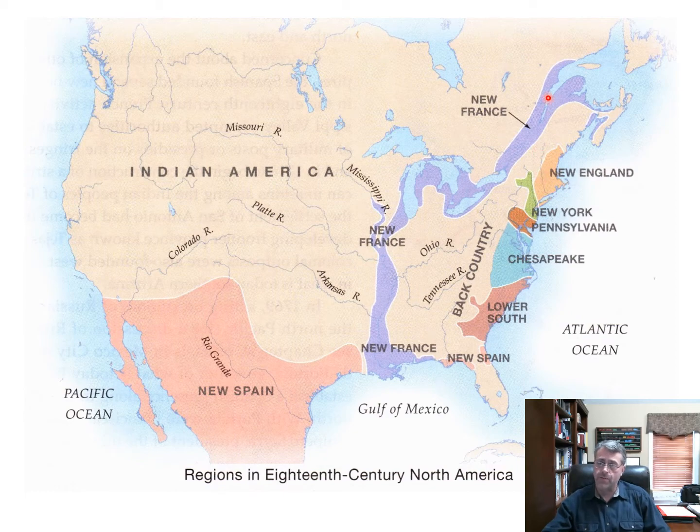The French, however, and you can kind of tell this from the shape of their settlements here, there are narrow strips of land along either side of these river valleys. The French are concerned primarily with trading. They're trading with the Indians, mainly for furs. The French will trade manufactured goods, textiles, tools, weapons, and so forth, for furs that the Indians have trapped and provided to the French. So there's a trade relationship here between France and the Native Americans in the interior.